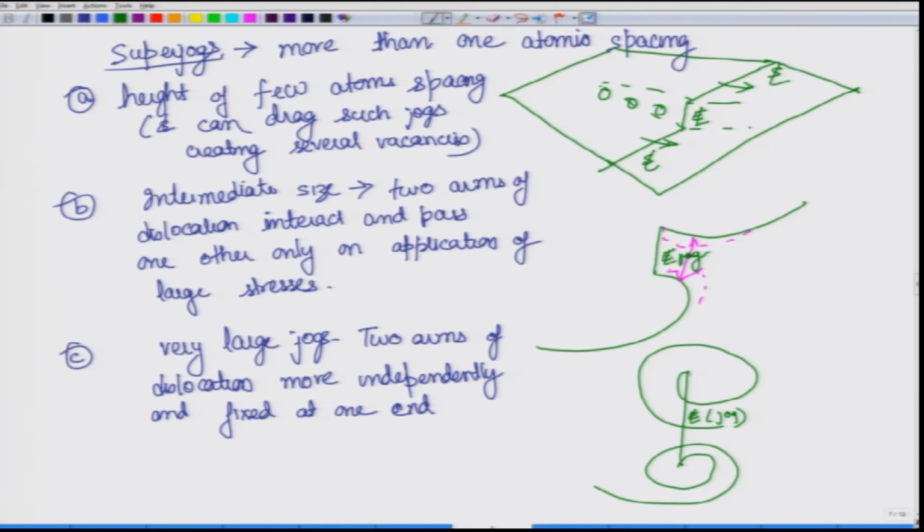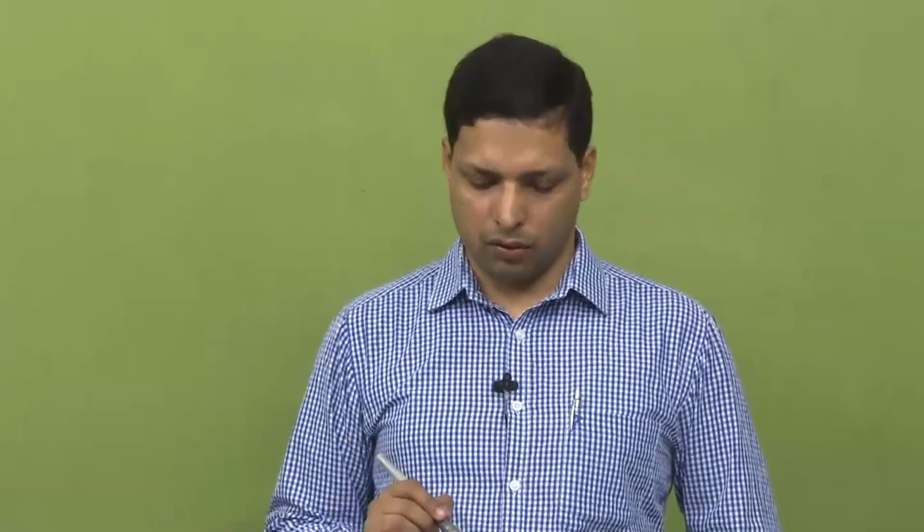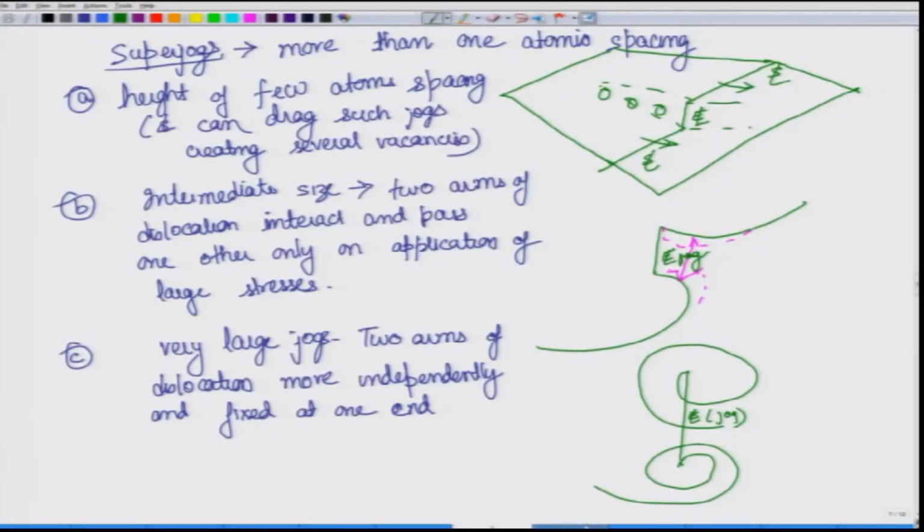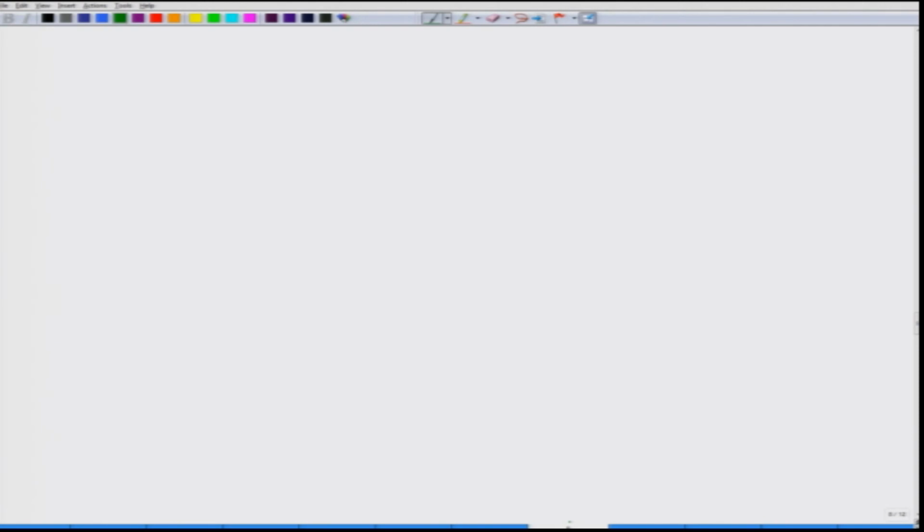This is so large in size that these two parts, the other end of these dislocations, are independent, they do not feel any stress because of the other side, and therefore, it can form loops or whatever because of the effect of local stresses, it can form or take shapes. The shape will not be determined by what is going on the other side of the dislocation.